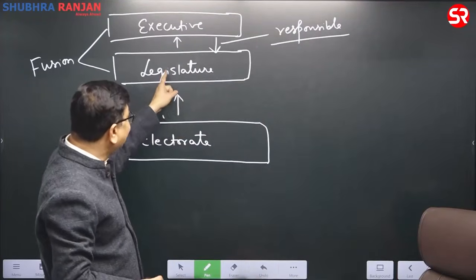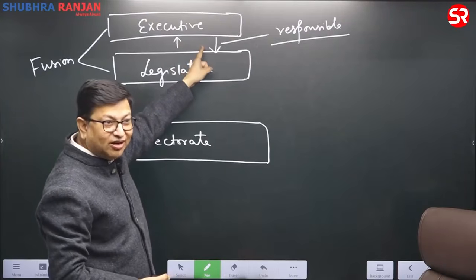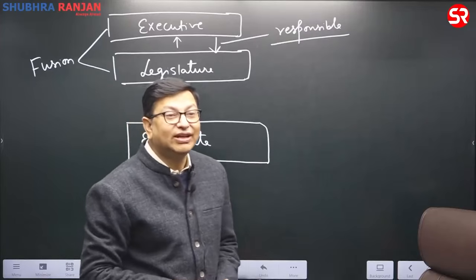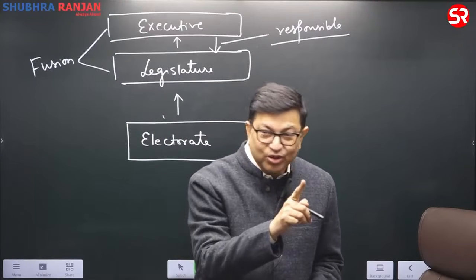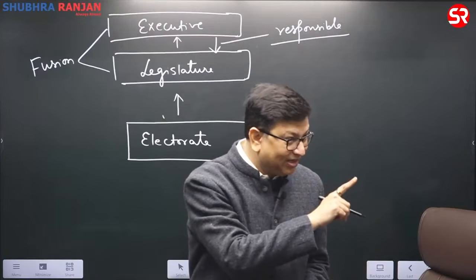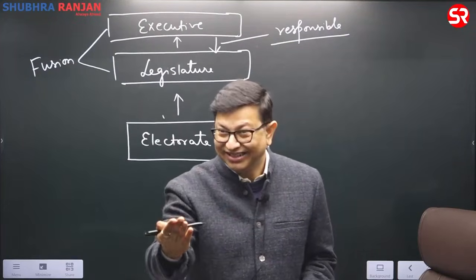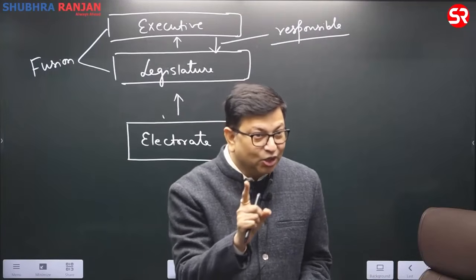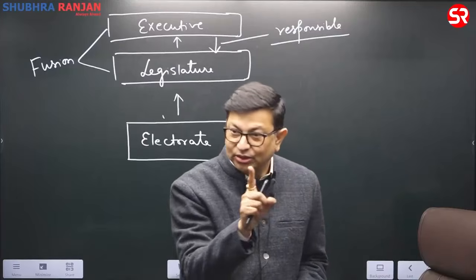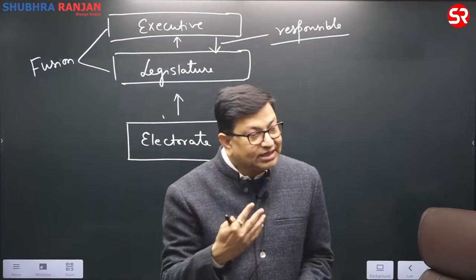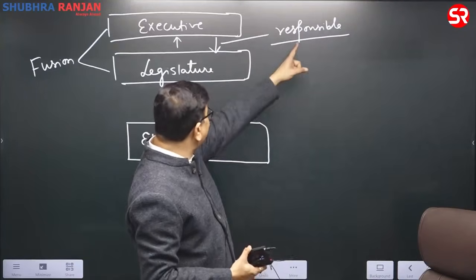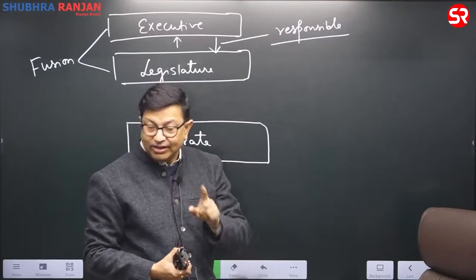It means that if you don't have a majority, your government will no longer be. We have got the concept of no confidence motion. A no confidence motion is passed in the lower house, in your Vidhan Sabha or in the Lok Sabha. It means your government is responsible. Article 75 clause 3 talks about collective responsibility, that the Council of Ministers is collectively responsible to the Lok Sabha. So such type of questions are asked in the examination. So if the question is responsible to the legislature, that will be the correct statement.